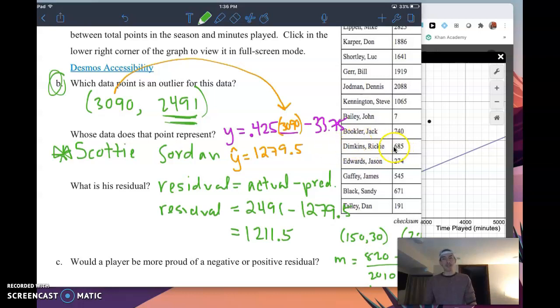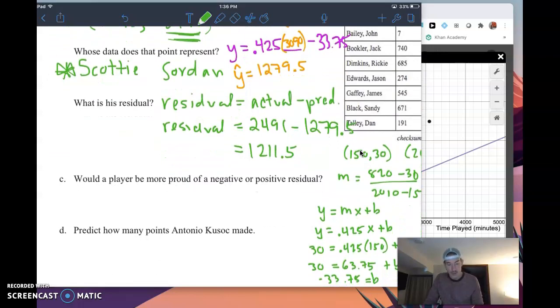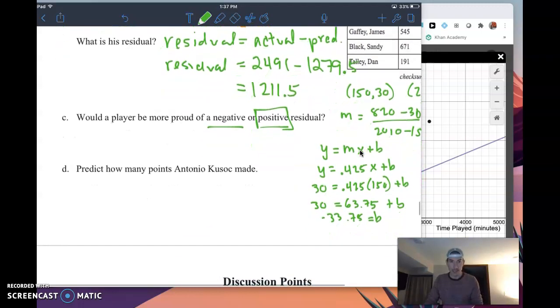So in that particular instance, we're realizing a flaw in our model for that player. So maybe that causes us to think the linear case is the best case, okay? So technology, there's got to be something a little bit better. And as we grow into our next unit, we're going to learn a little bit more about how technology does this, okay? But before we go that route, would a player be more proud of a negative or positive residual? Well, in this case, we would say a positive residual